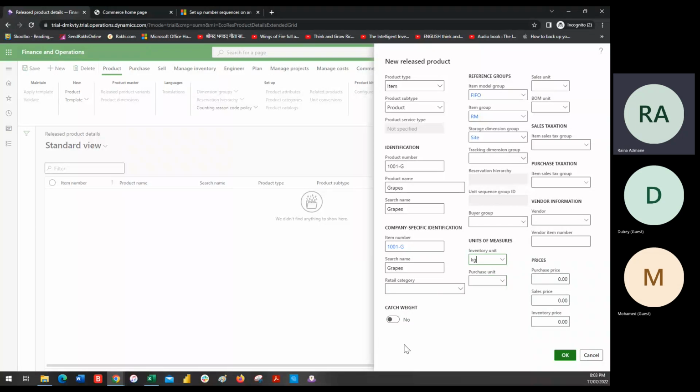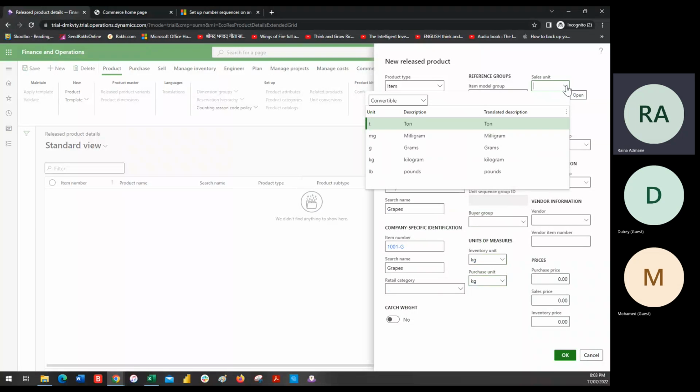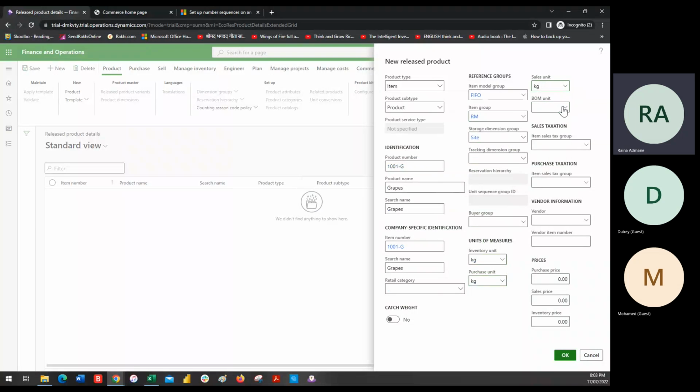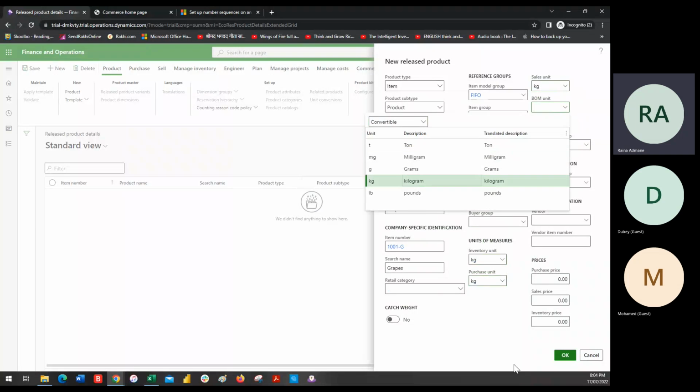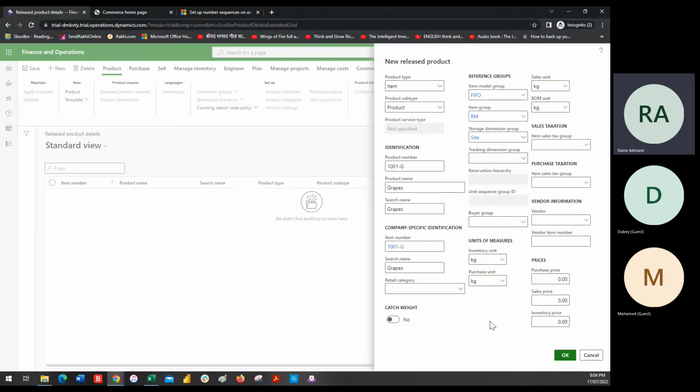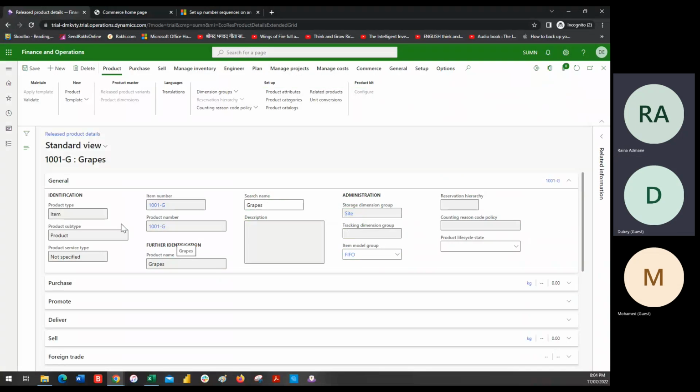Yes, select that, and select this kg for purchase unit, then inventory unit, sales unit, BOM unit. Okay, say okay. Your item is ready now,